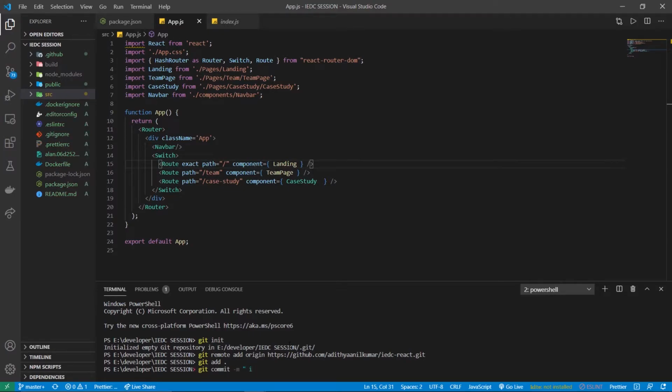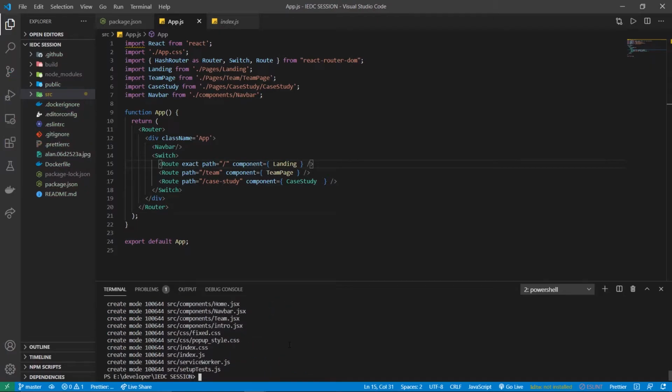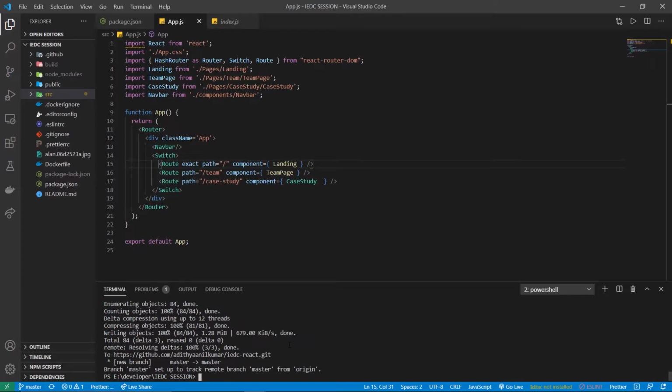Initial commit. The commit has been done. Now let's push the changes to our GitHub repository. Okay, our changes have been pushed to the GitHub repository.